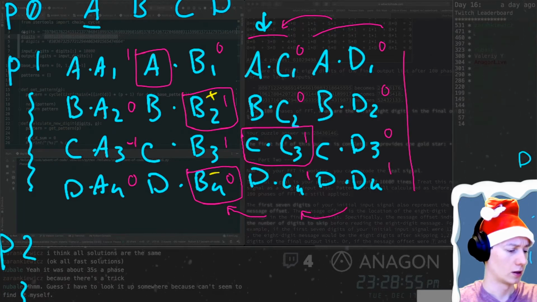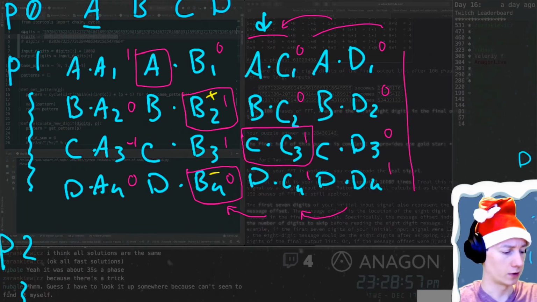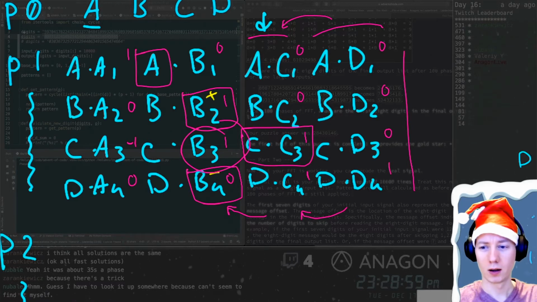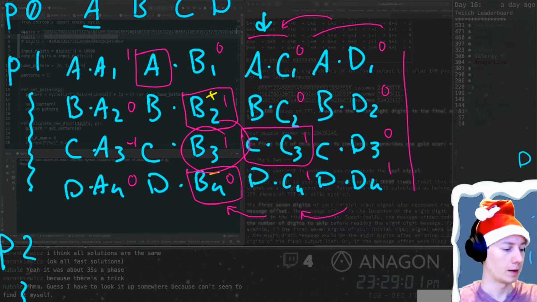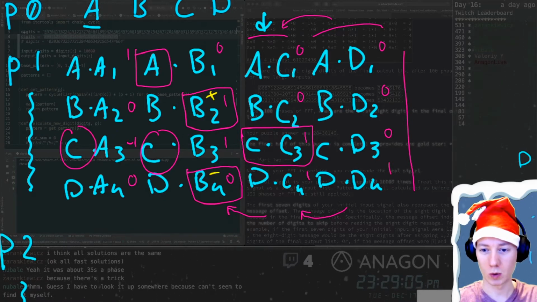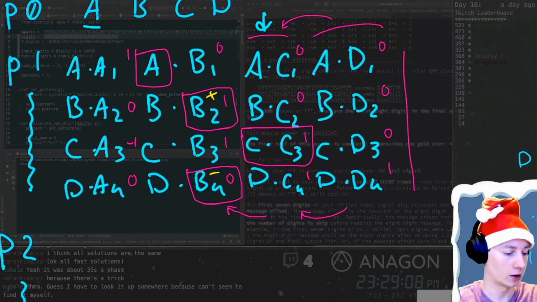Oh, it's actually quite different now, because first we had 1 of this B, sorry, 1C, and now we're going to have -1C. So we need to subtract it twice. That means,